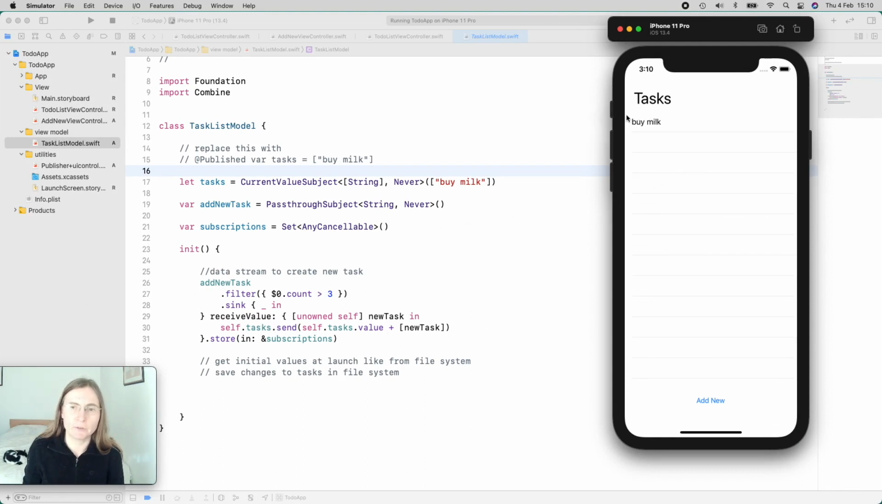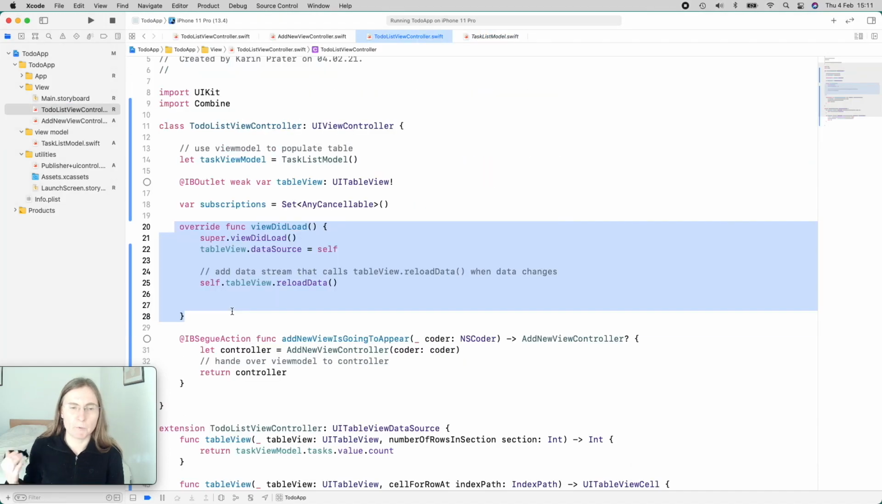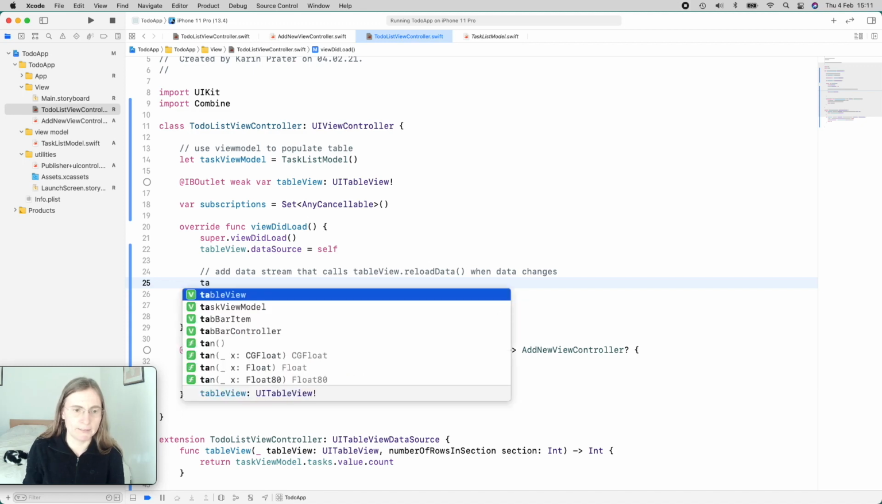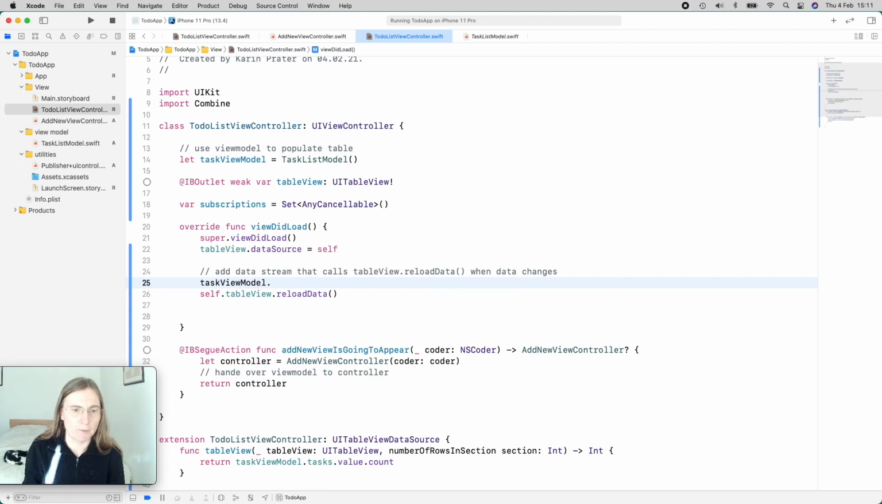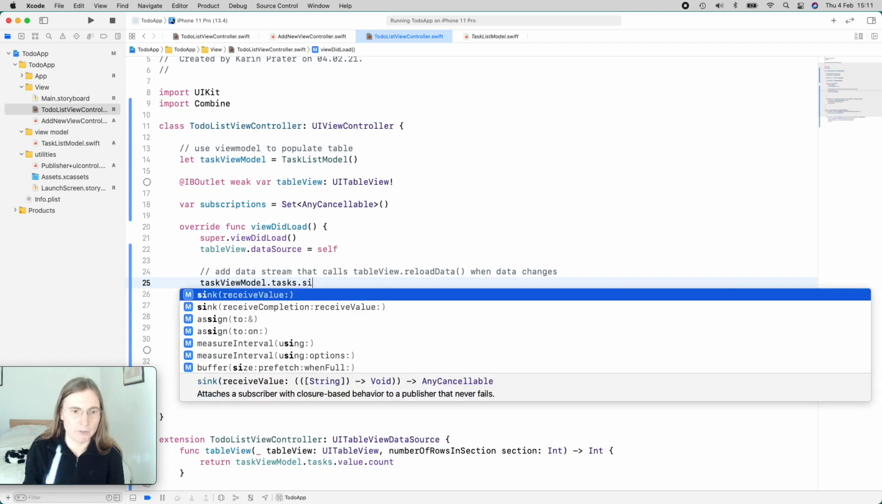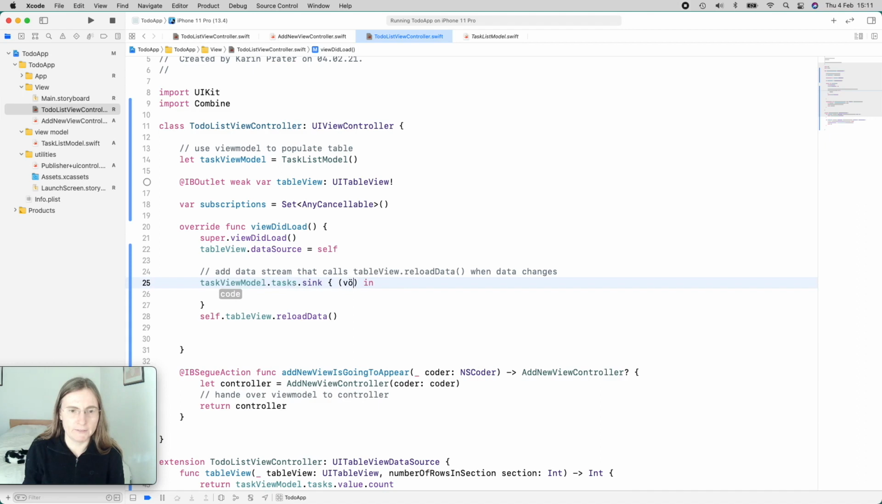And the next thing I want to do is, I only just added my data once, but I also want to reload my table view whenever my data is changing. Since we have here a subject, we can subscribe to any changes. I'm creating a data stream in my viewDidLoad. So what I want to subscribe to is my task view model, creating a data stream to my tasks, and I'm using here sink, where I receive these values, which we don't really need, because what I want to do in here